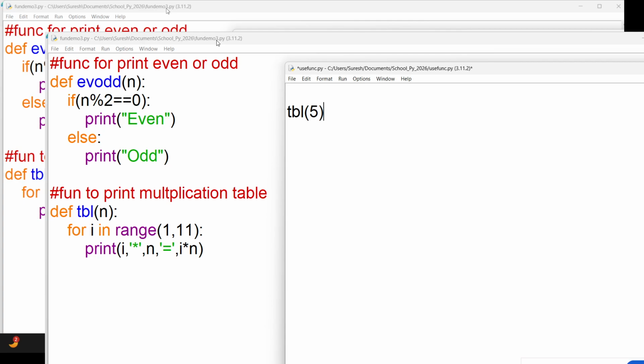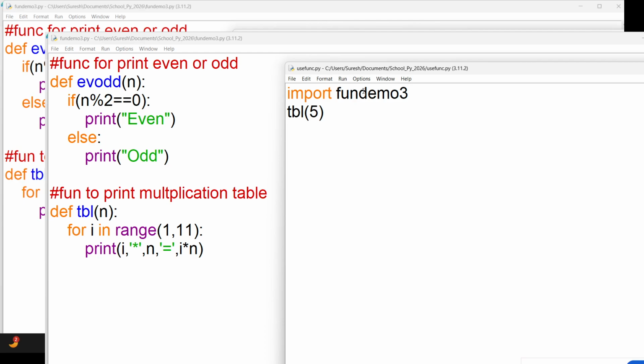So whichever function you want to use, we have to use one word here called import, IMPORT, and then the file name where that function is available. That is fun demo 3. Okay. So this means that we are accessing all the functions of this file here.